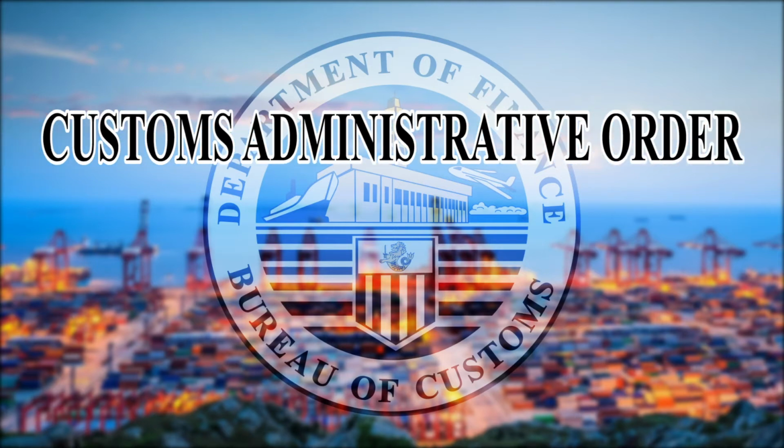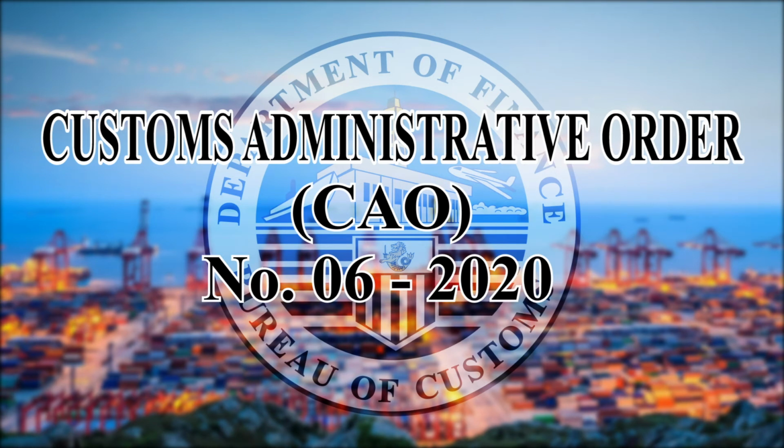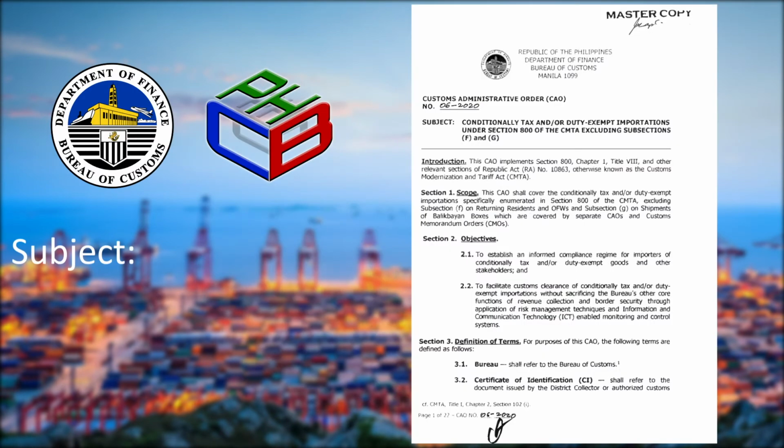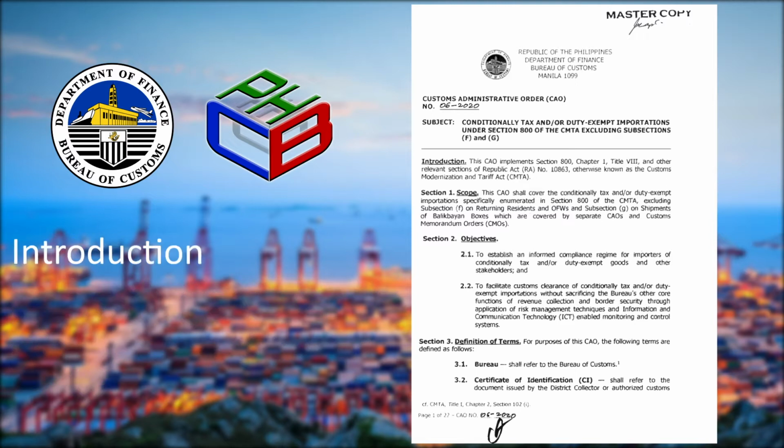Customs Administrative Order, CAO, Number 06, 2020. Subject: Conditionally tax and or duty-exempt importations under Section 800 of the CMTA, excluding subsections F and G. Introduction. This CAO implements Section 800, Chapter 1, Title 8, and other relevant sections of Republic Act, RA, Number